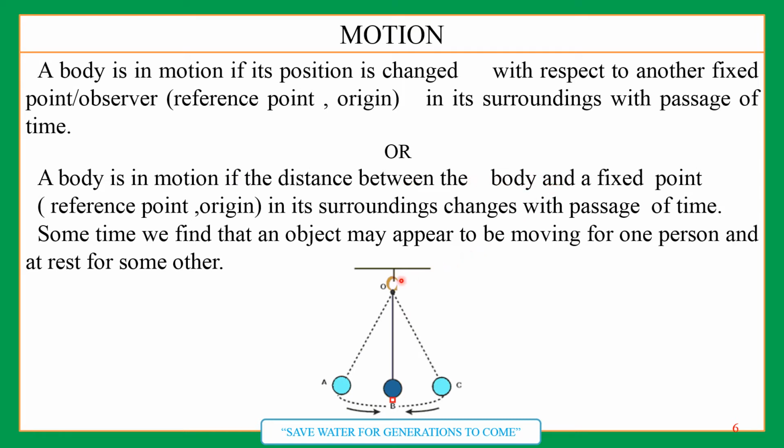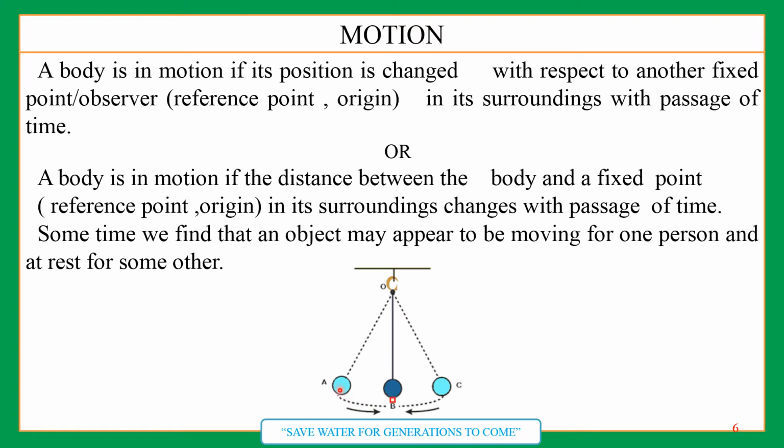Here I am taking this example, this pendulum, you can see, and the bob is at point B, marked with red color. Here we see the distance between this bob and this red point is not changing, so we say it is at rest. But it comes in motion if an external pull is applied on it, then it comes to position A. And here we see the distance of this bob A from point B, marked with red color, is changing, and with this time is also changing.